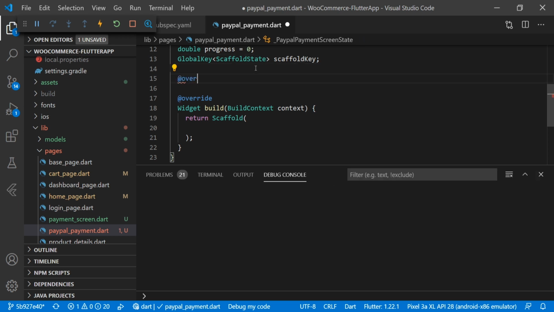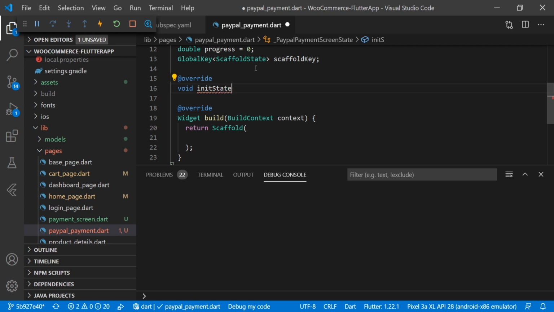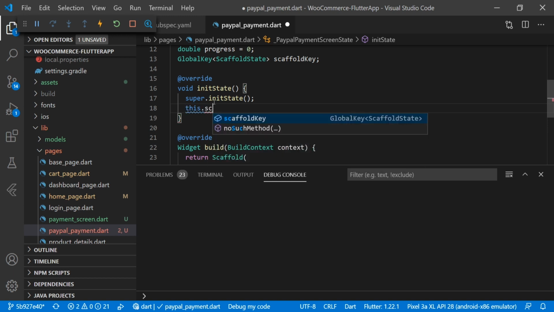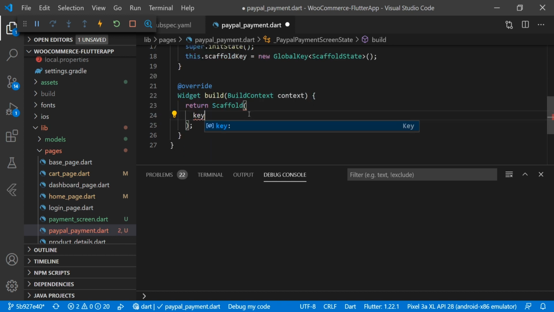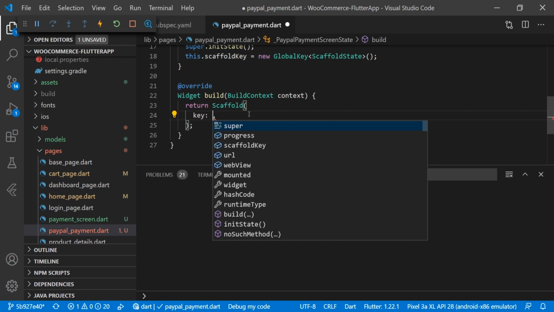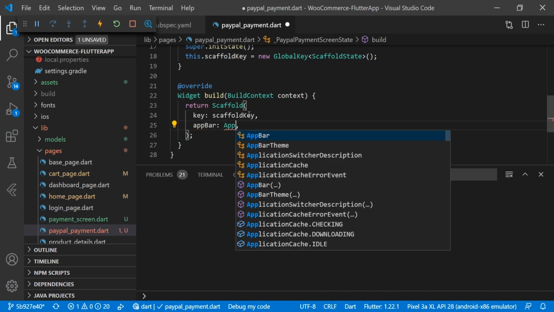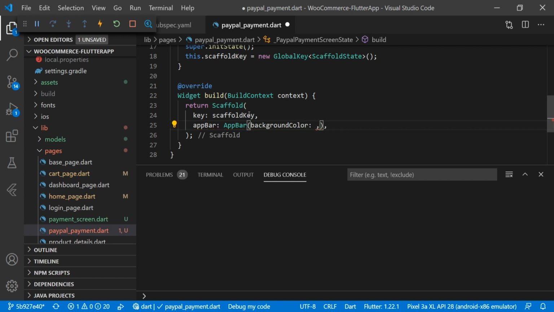And here we will have override void init state, or dot init state. Then here we will have this dot scaffold key is equal to new of global key, and here we will pass the key. Then we have the app bar, and we are using an app bar background color dot transparent.